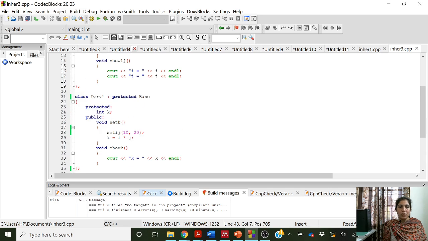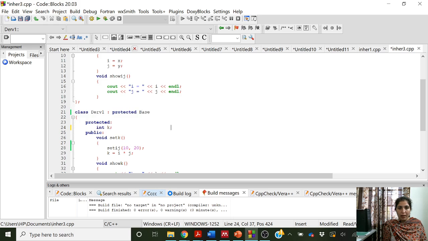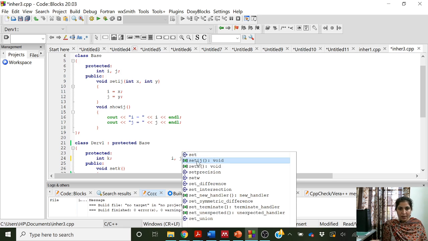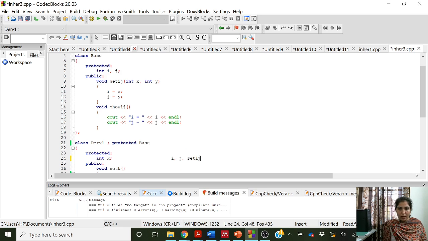So you can see now that through inheritance, how many members are there in derived 1? Derived 1 has i and j from the base class, and it has the set ij function from the base class, and the show ij function from the base class.